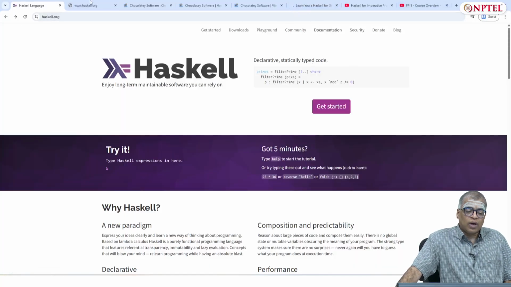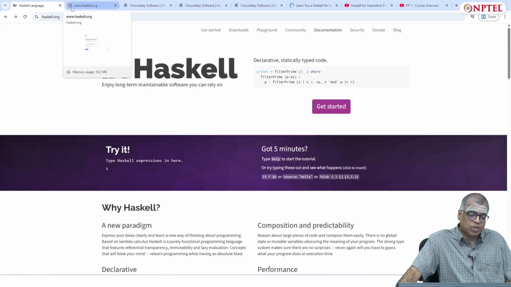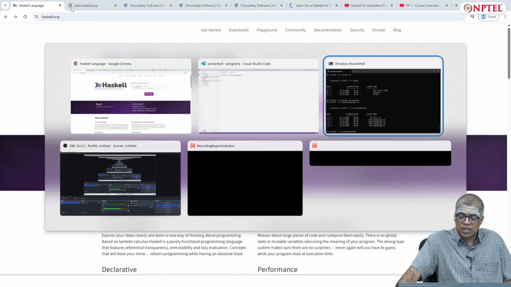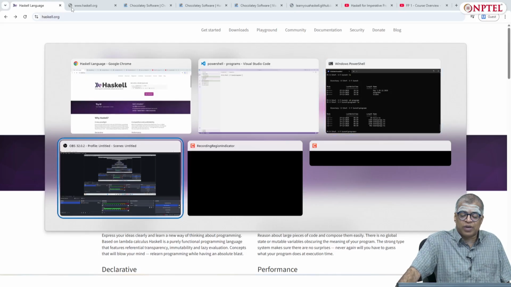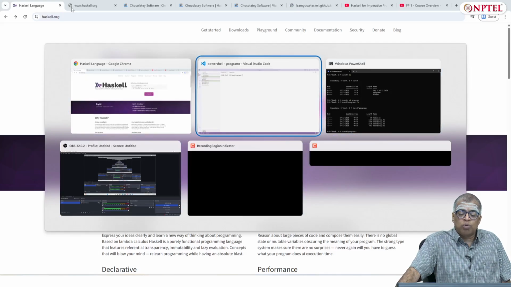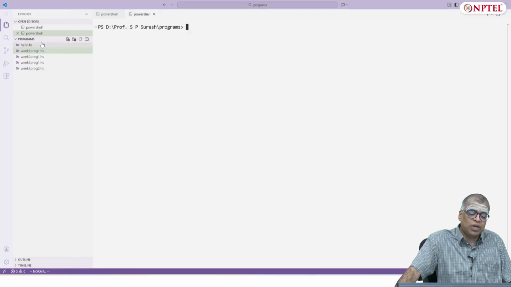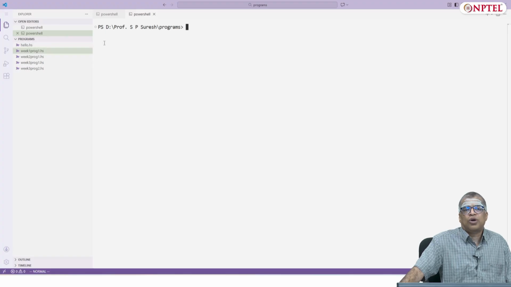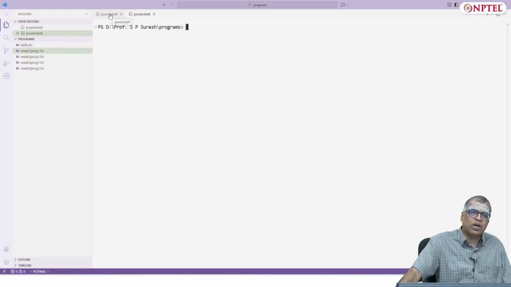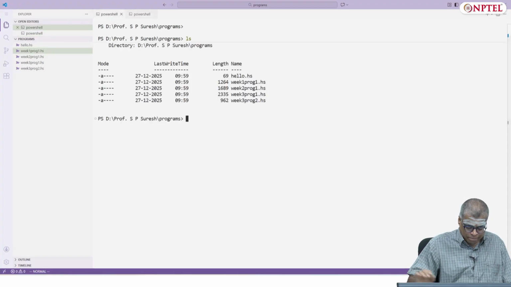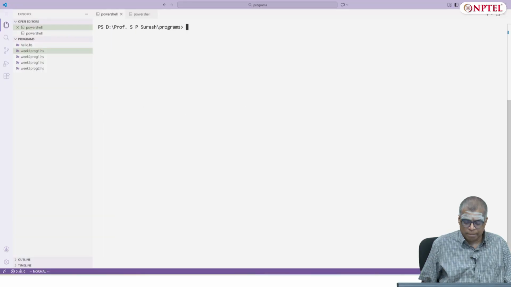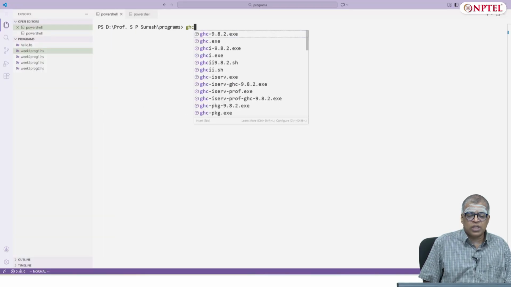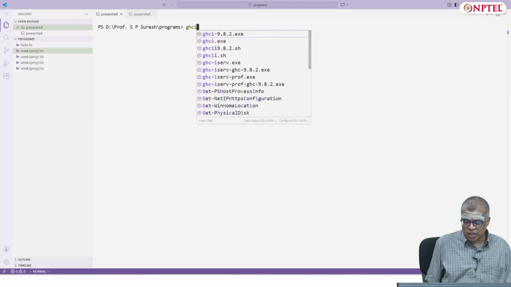Okay, so having said all this, let us actually go and work with Haskell and see how to run Haskell. So far we have seen some lectures where we have seen how to define functions. Let's actually show how to run Haskell. I mentioned GHCI, I also mentioned GHC. We'll look at how to do all this. So let me clear the screen. So you invoke GHCI by going to the command line and just saying GHCI.